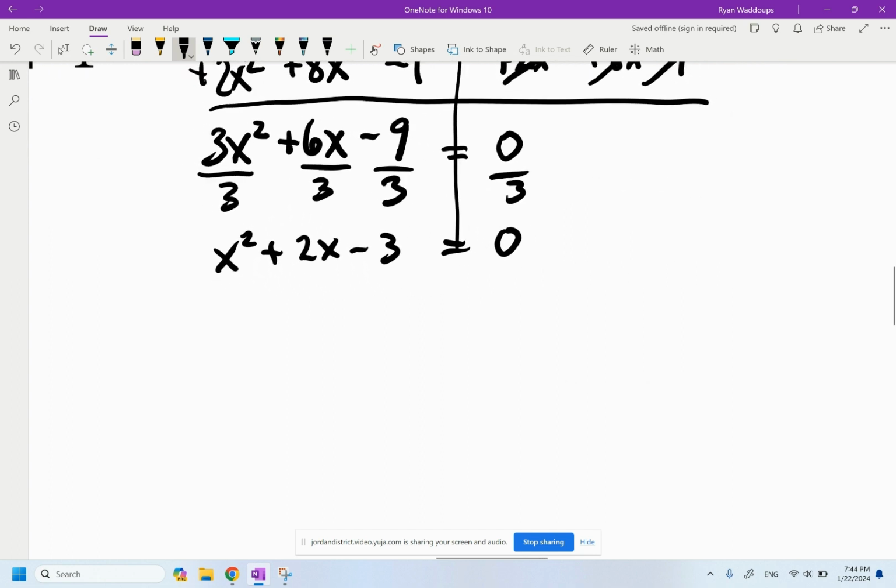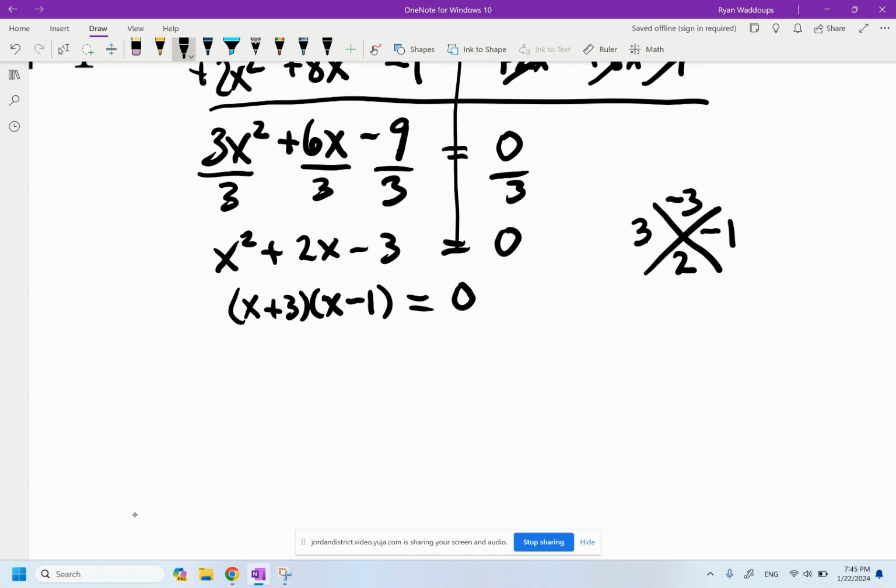So I'm going to go off to the side here and say my AC value is negative 3, my B value is 2. If I take 3 times 1, that gives me 3, but I need one of these to be negative. If I put the negative on the 3, that would make it negative 2 when I add them. So I'm going to put the negative on the 1. Now 3 times negative 1 is negative 3, but 3 plus negative 1 is 2. And so that works. My factors then are x plus 3 times x minus 1